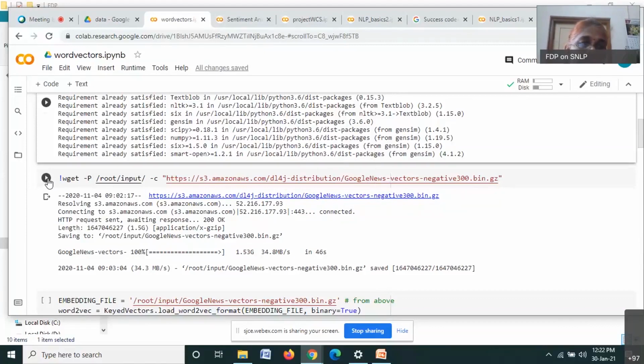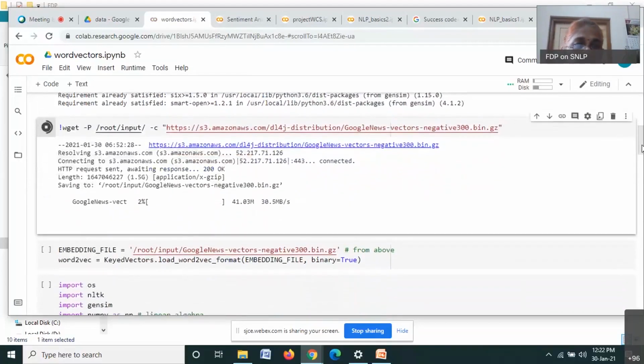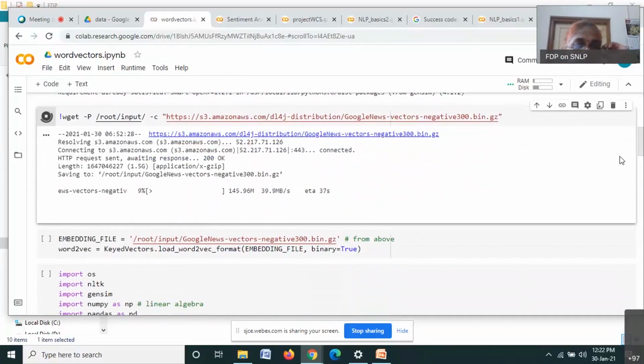This also you can download, and this also will not take much time. So once we have this, you can use this as a lookup table. A lookup table in the sense we have a dictionary. In fact, it is a Python dictionary. We'll have a word and its embedding. So that is what is required.